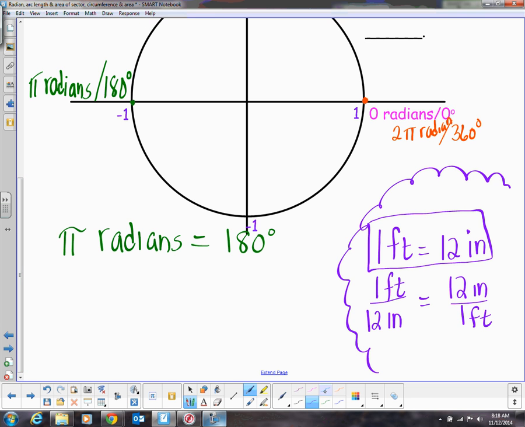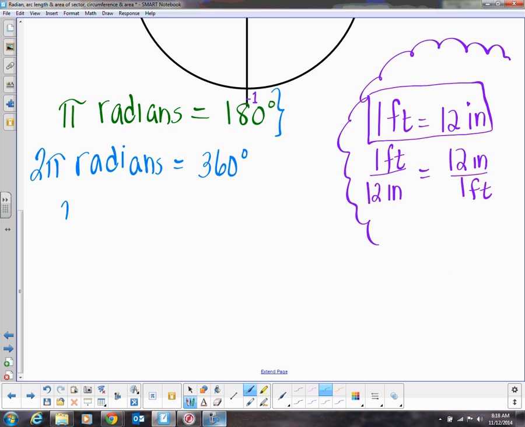Now, I want to show you this. Could we have done 2 pi radians equals 360 degrees? Could we have done that? However, we choose to use the green here, and this is why. If I were to put 2 pi radians over 360 degrees, do you agree that this reduces, so this is 2 pi over 360 degrees, which reduces to pi over what? 180